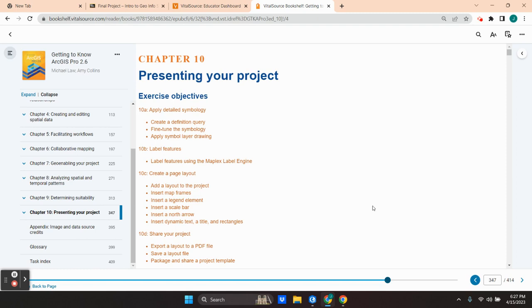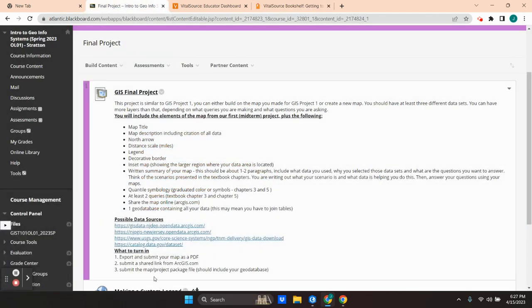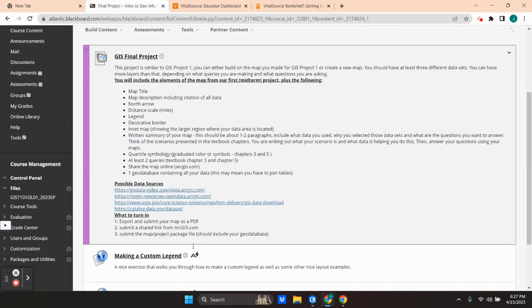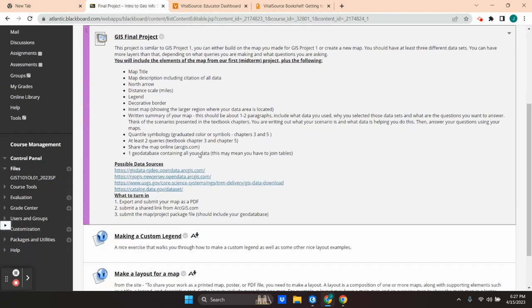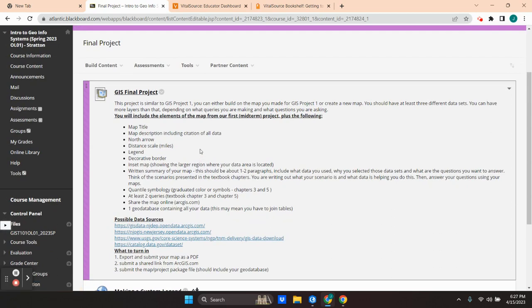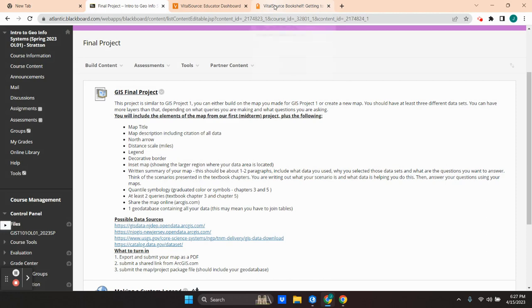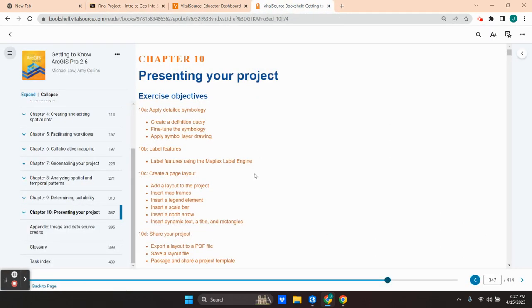All of these particular items will be very useful when coming back here to our classroom when you're working on your final project. And again, for the final project, you'll find the link to the folder with the final project information in each of the weeks from now until the end of the semester. And again, you can review that. I'm not going to go over that in this video as we're taking a look more here at our chapter